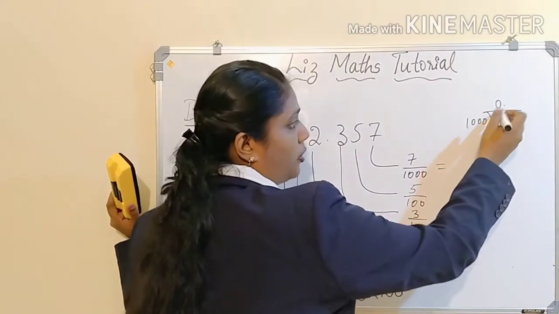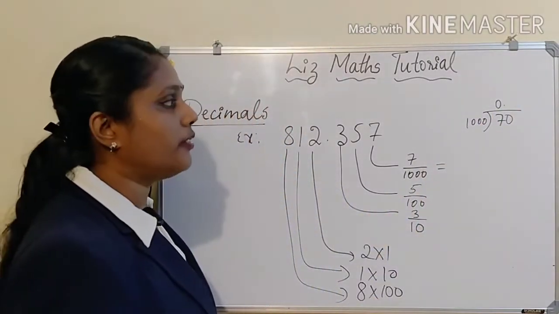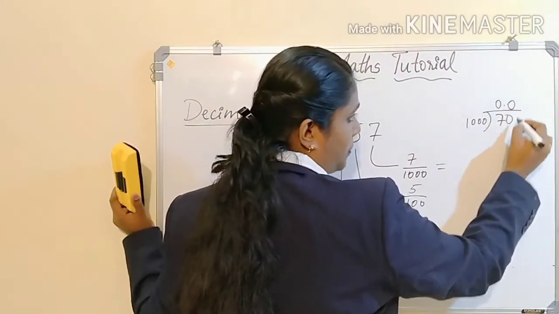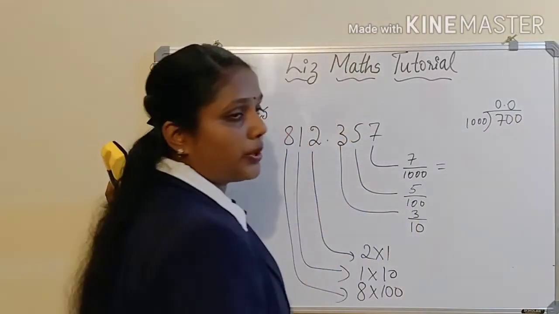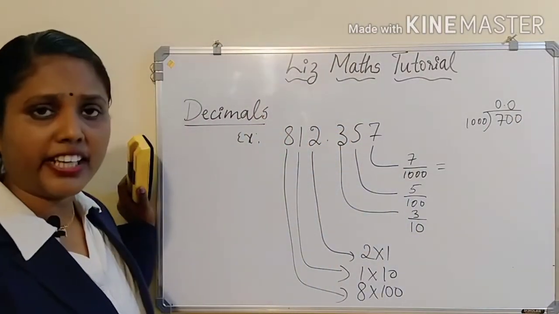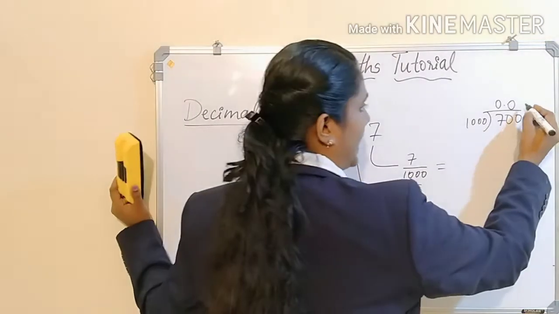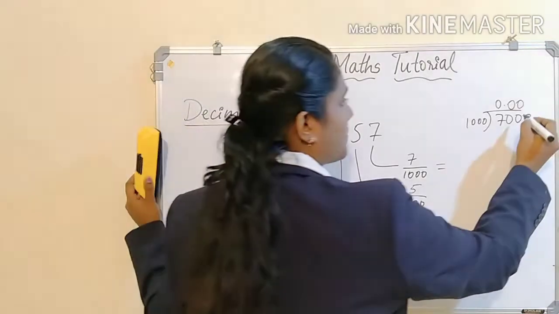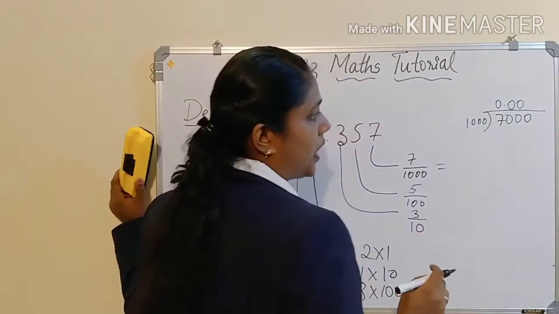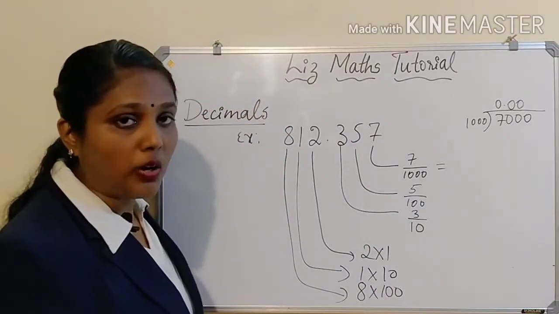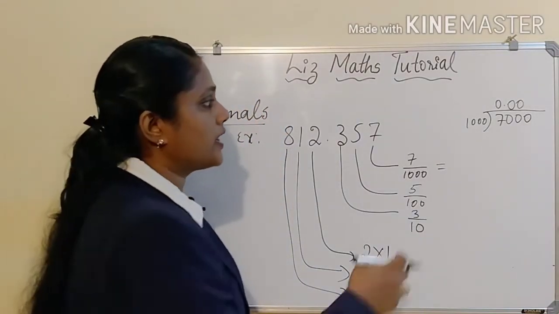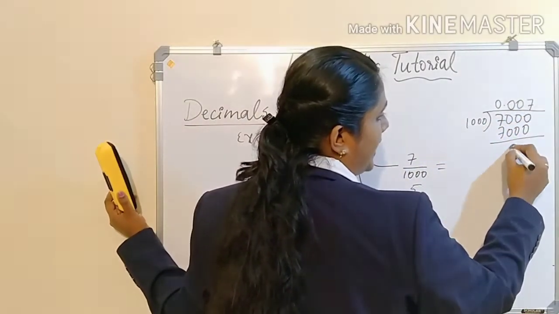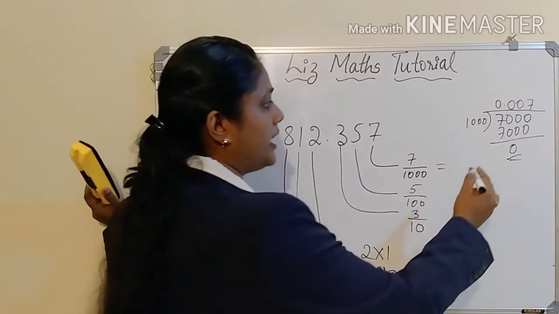Again, if you go for dividing it, it will not go. So you have to take another 0 here, so you put a 0 here and bring a 0 down. And 700 again it will not go. So what do you have to do? Again you have to put 0 here and again bring a 0 down. Next, can we divide 7,000 by 1000? Yes, 1000 sevens are 7,000, isn't it? So you will get the remainder 0 when you do the subtraction.